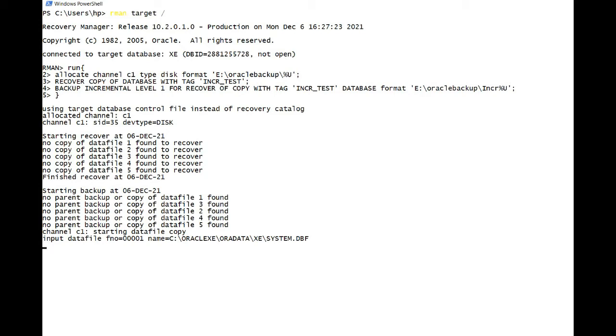So let me explain what's happening. First we allocated the channel, and then it tried to run recover copy of database with the tag incremental test.